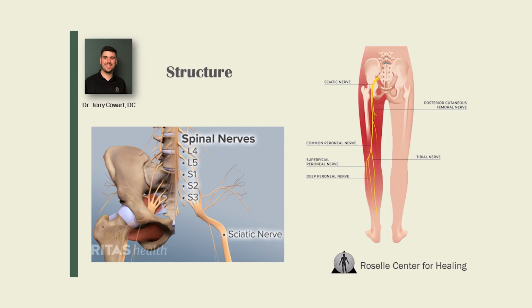Now, with that nerve being so big, if there's any kind of damage or compromise or compression going to that sciatic nerve, it's kind of like a river. Anything can happen downstream. So there can be an issue with any of those branches, like the tibial nerve or the peroneal nerve, that will give rise to any kind of pain, burning, numbness, weakness into the calf area or in the foot.